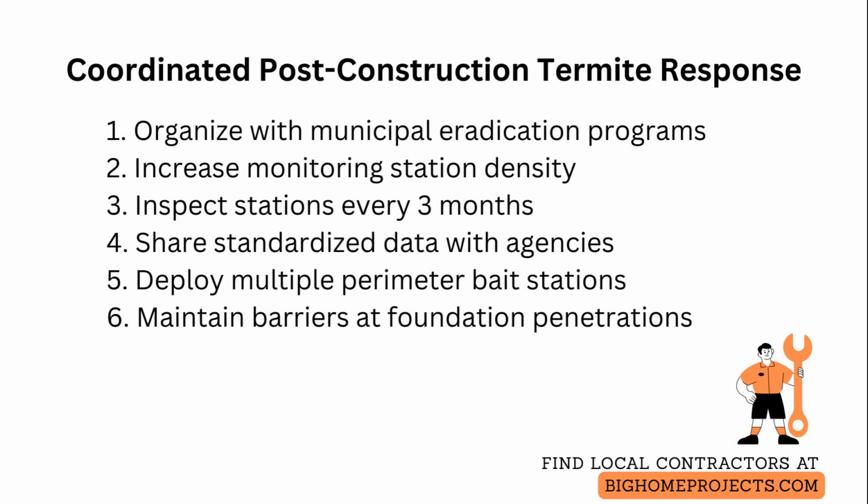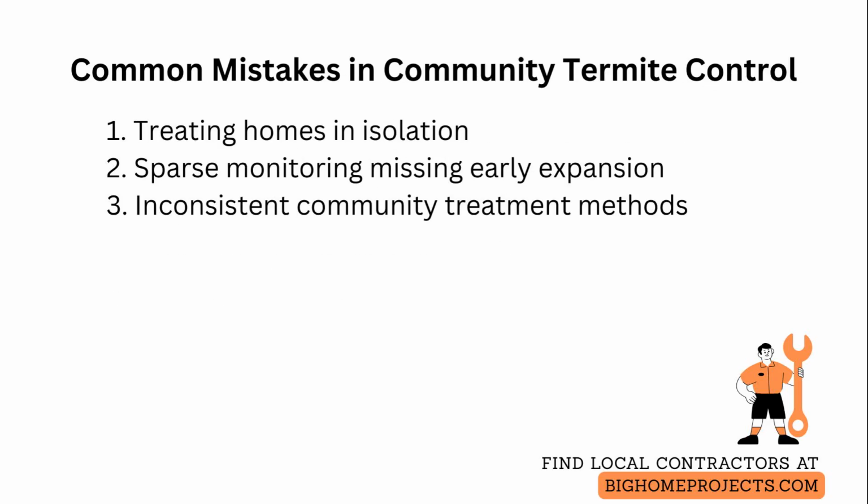Combine baiting with continuous physical or chemical barrier approaches around foundation perimeters and known entry points, ensuring soil contact and no gaps at utility penetrations. Treat soil voids and under slabs where accessible. Train local contractors and volunteer monitoring teams on consistent inspection criteria and reporting language so data from different sources remain comparable and actionable. The 3 most common mistakes are treating individual homes in isolation, which lets nearby colonies reintroduce termites,